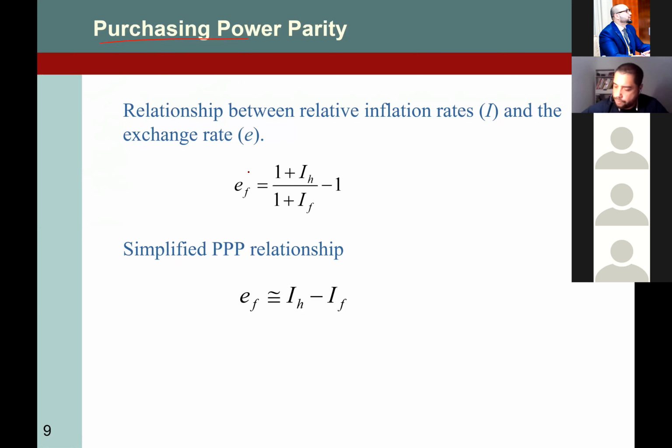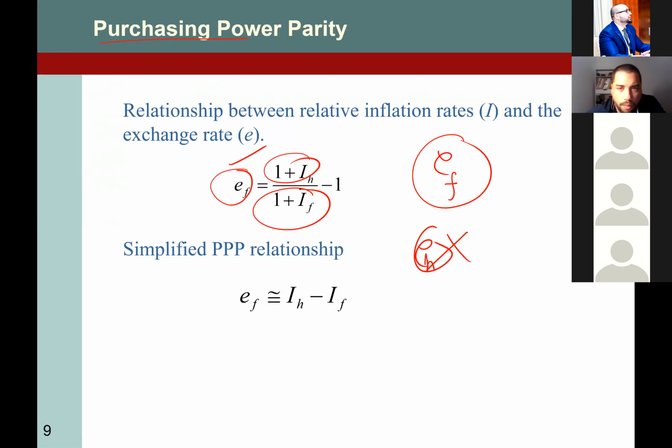It says the exchange rate. Which kind of exchange rate? Foreign currency exchange rate. Remember, this is EF, not E-home, right? This is EF, which means foreign exchange. The value of foreign exchange increases or decreases based on the difference between home inflation and foreign country inflation. The simplified approximation of the PPP relationship is that the foreign exchange rate is approximately equal to home inflation minus